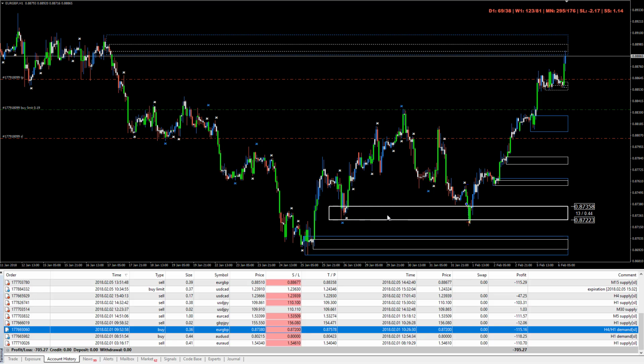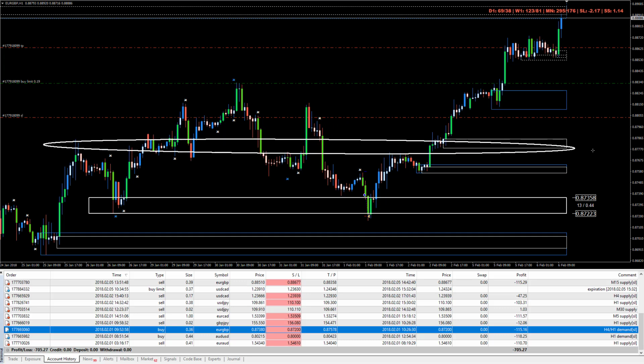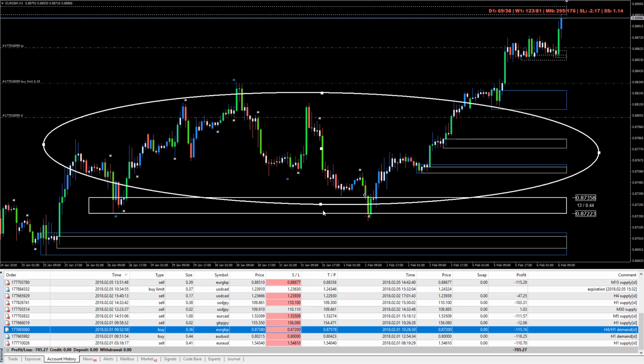So this is very interesting to us. As a matter of fact, I'm going to spend a little detail on this one because this is a very interesting trade and something we have to pay attention to. Okay, this whole price structure, I'm just going to kind of mark it off like this. This whole thing here,